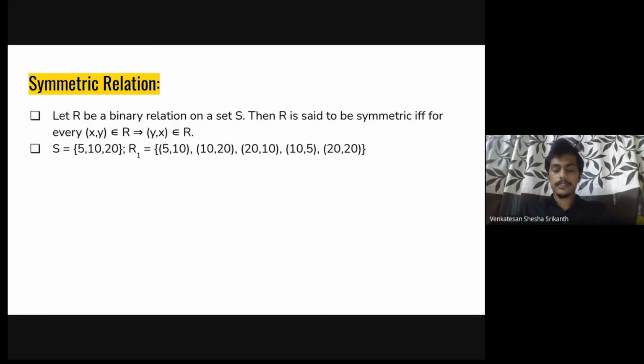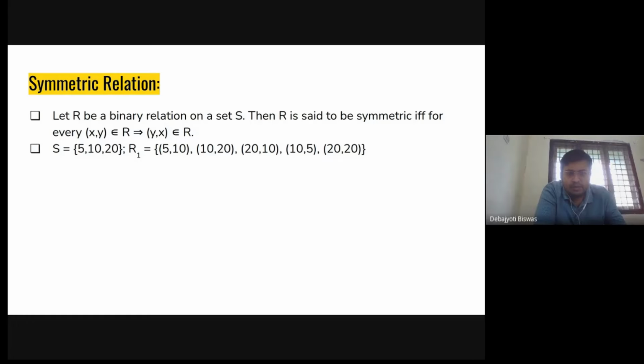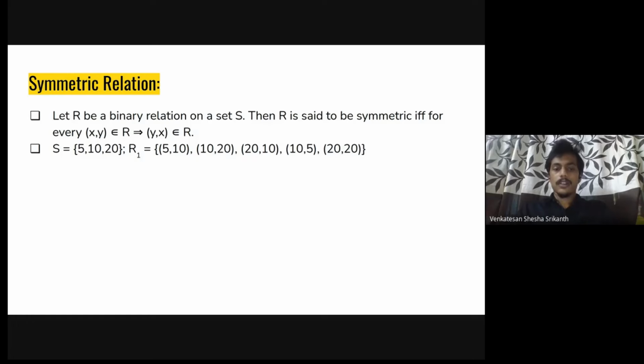So, is this relation R1 a symmetric relation? Yes, it is a symmetric relation. Because if I take the element 5 comma 10, I have the corresponding element 10 comma 5 in my relation R1.